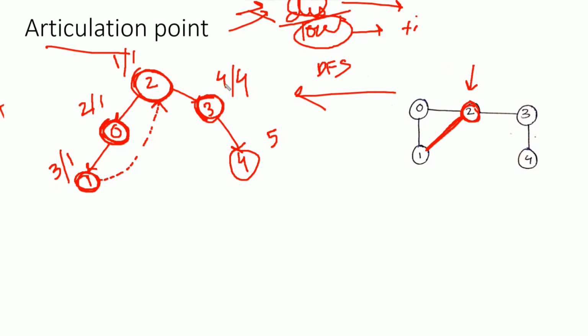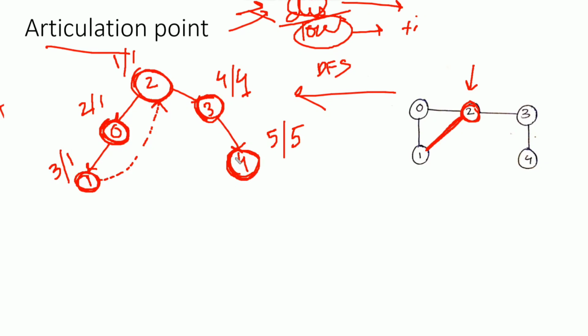Okay, we can reach itself, and if we reach this vertex 4, then the discovery time of vertex 4 will be 5, which is more as compared to vertex 3. So its low time will be 4. Now next, the low time of vertex 4 will be what? It will be 5 itself, because from vertex 4 it is not possible to reach the vertex having low discovery time. So basically, the low time will be the discovery time of that vertex only if it is not able to reach any other vertex.